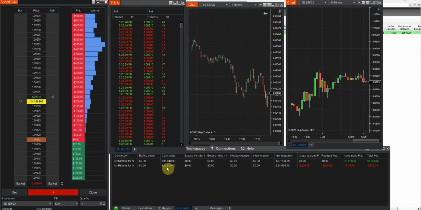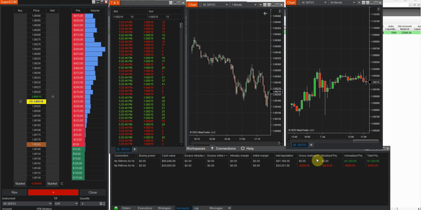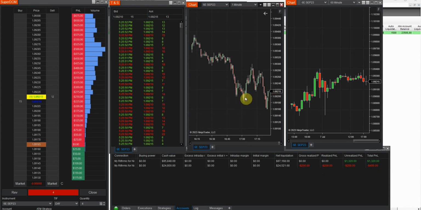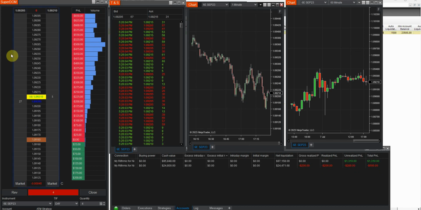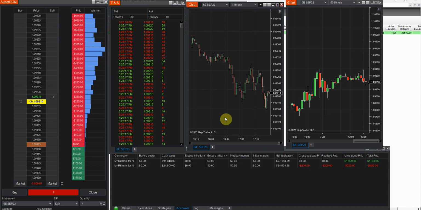As you can see, started off at 25k, so I bought a 25k account. This trade is sitting at 250 loss, and I lost 200 just a moment ago. I'm really hoping this kind of turns around shortly. So the account that I bought is a Rithmic account, because I'm just going to trade through the actual NinjaTrader platform, because I like the way that the time and sales are set up and the SuperDOM. I'll probably buy another account and just show you the Tradovate, how that plays out in the time and sales and the SuperDOM as well,